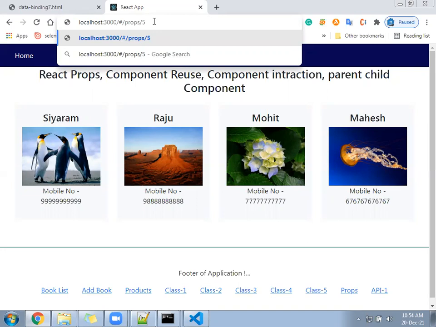Related to that, React has given a new feature in hooks. That hook's name is useParams. With the help of useParams, we can retrieve the data from one page to another page through the browser URL.